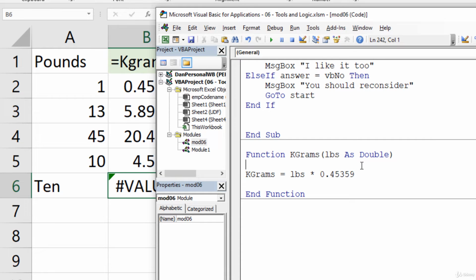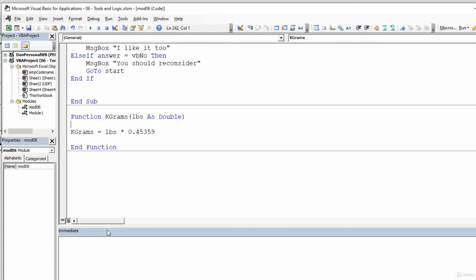And it saves a lot of bulky code in using these, because you can use a custom function within one of your macros, and you can share that functionality with all your procedures. So rather than rewriting the same paragraph, you can just say, hey, what is the, if k grams of 12 equals something. So for example, I'm going to go to the immediate window. Rather than writing another macro, I'm going to say question mark k grams of 40. And then if I hit enter, it's going to go ahead and run that function for me and give me